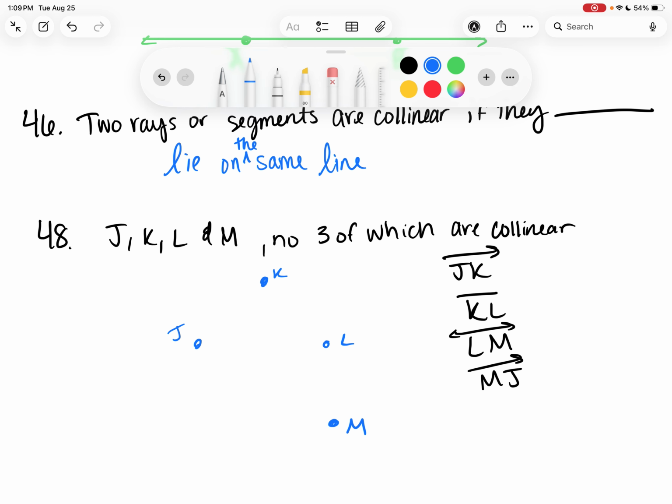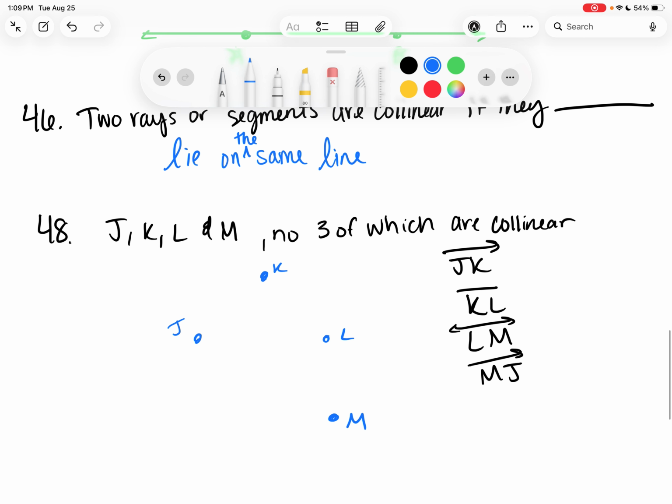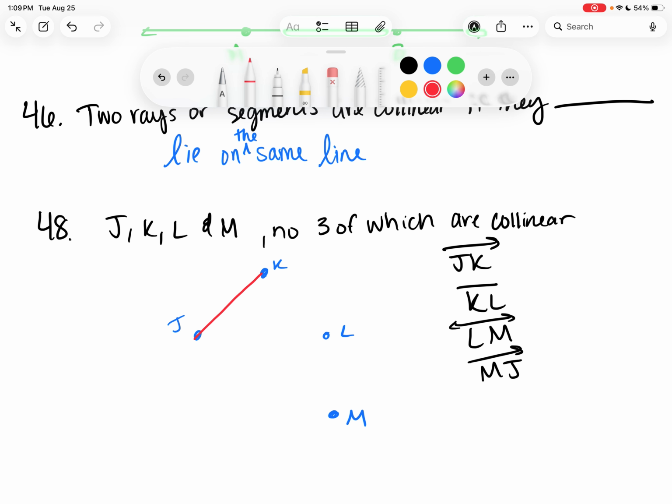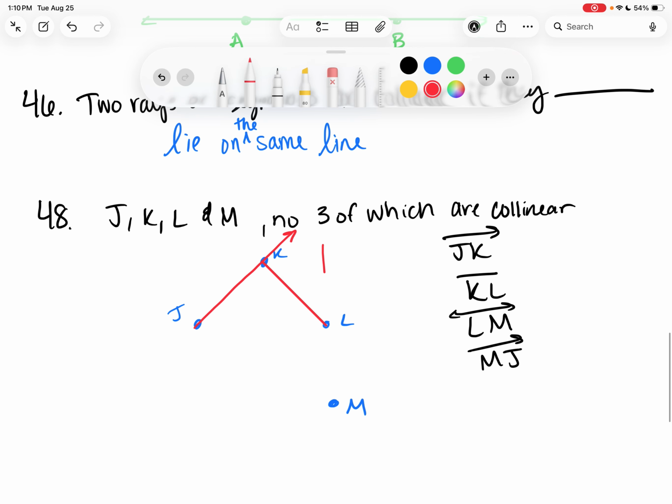All right, so J to K is a ray. It starts at J, so that's going to be going through like that. K to L is a segment, so that's just going through like that, stopping at those endpoints. L and M is a line, so that's going to be extending in both directions. And then M to J is a ray, so we start at M, we go through J, then arrow pointing